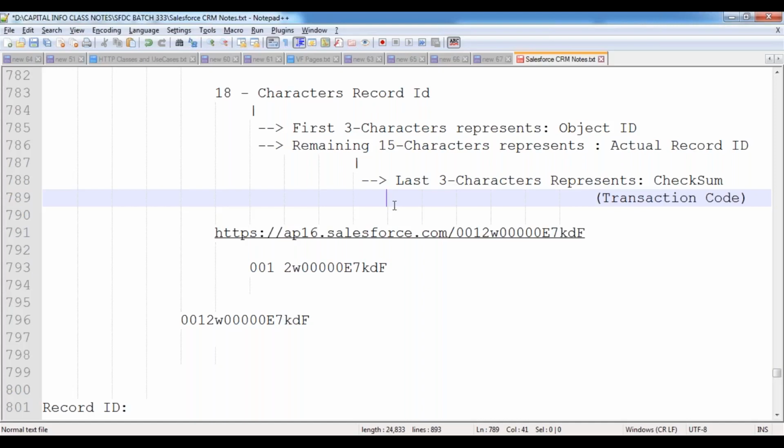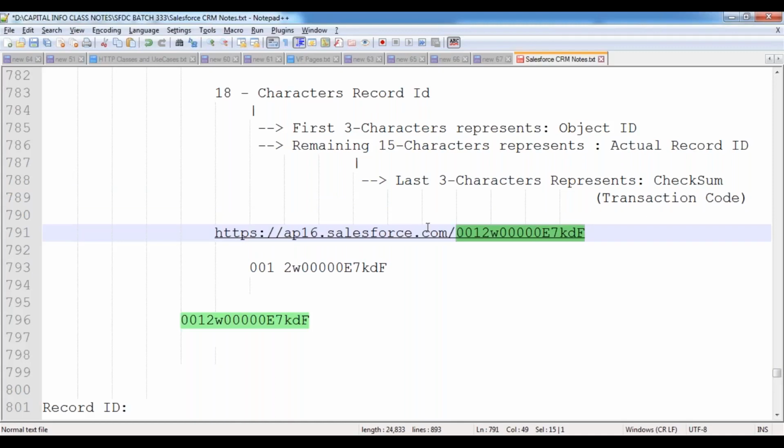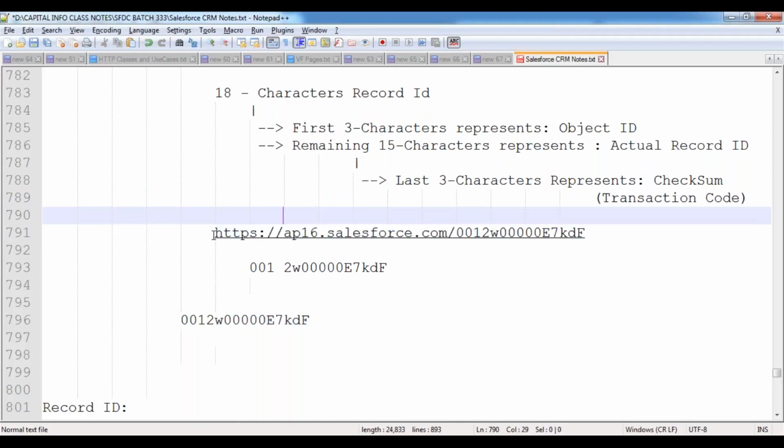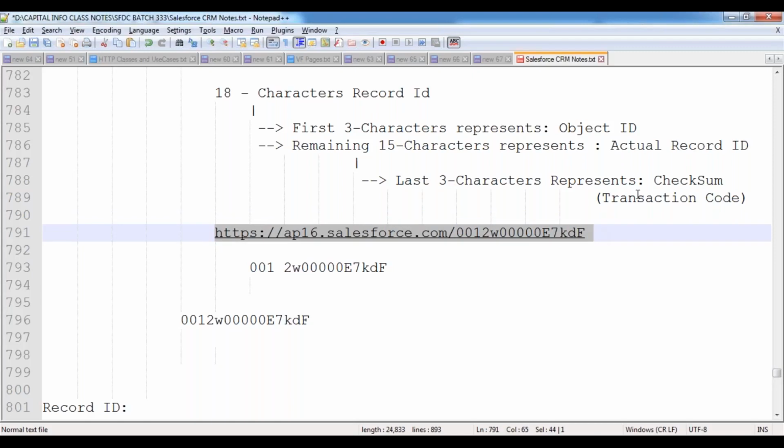Suppose you don't take the transaction slip and another person takes it, then he could misuse your account number. For that reason, they hide some information for security reasons. With a credit card, the last 4 digits are visible, even in your SMS. The remaining 12 digits are not visible because of security reasons. In a similar way, Salesforce hides the last 3 characters inside the URL. Only the first 15 characters are visible.